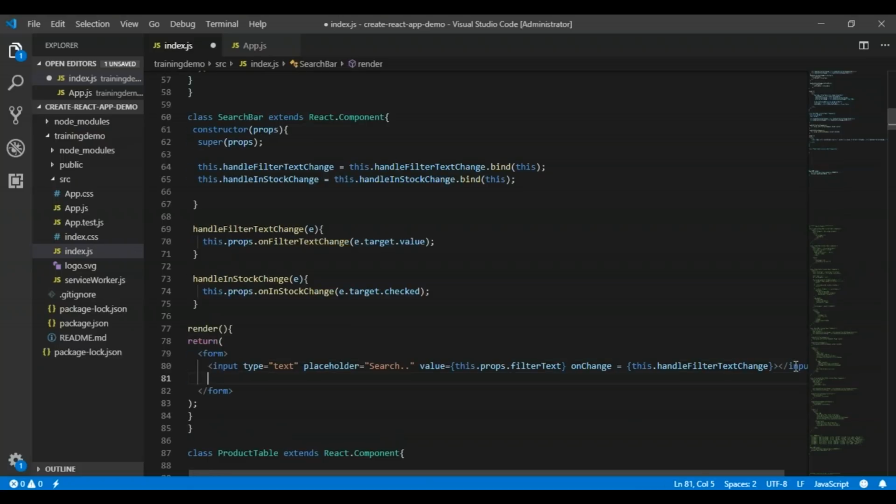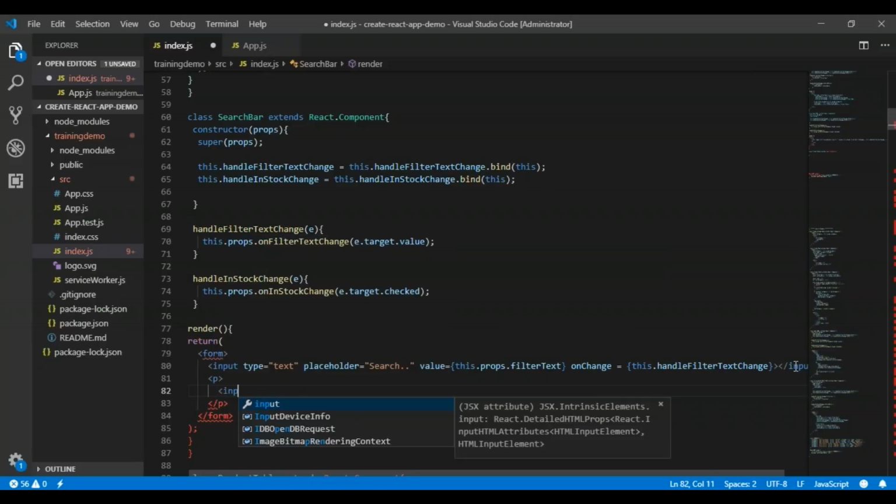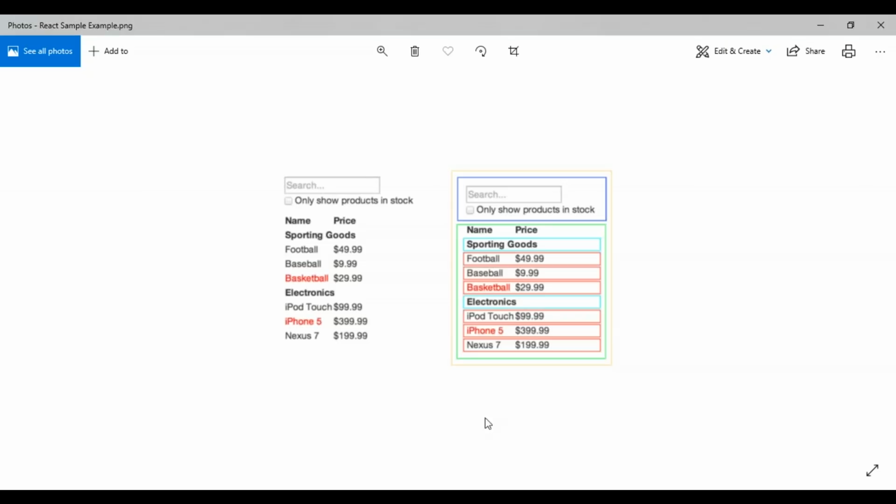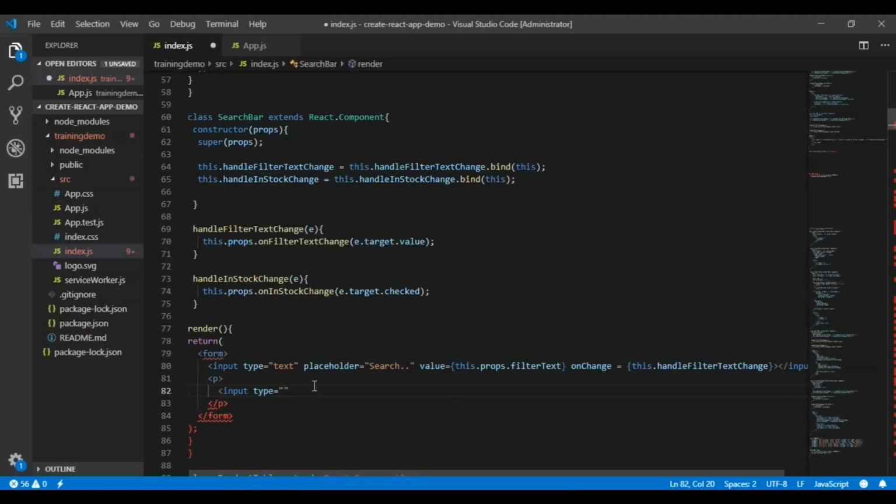I want to, let's take a p tag for example. In this p tag, again I'm going to take an input. This time it will be of type checkbox, because in this example you see I have a requirement of implementing a text box, and then I want to implement a checkbox. So I will say that this is of type checkbox.